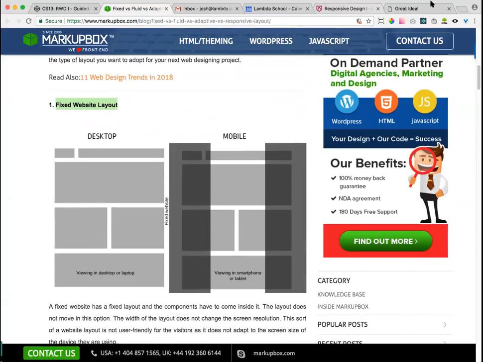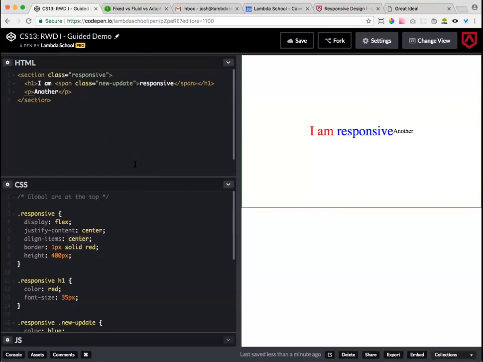So if we were to go back to our code right here, and if we didn't have display flex on here, you would just see a bunch of left and right scroll bars all over the place. And I would consider this the 1990s and early 2000s of the internet. So basically, as we have a width,